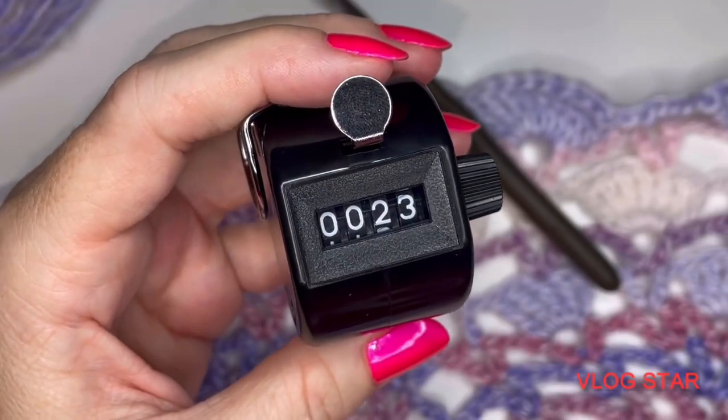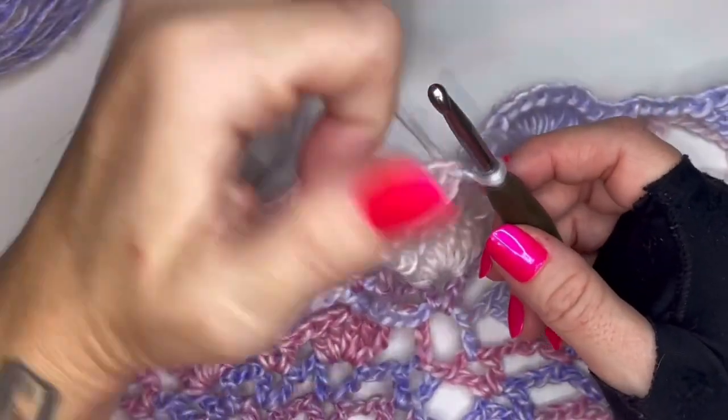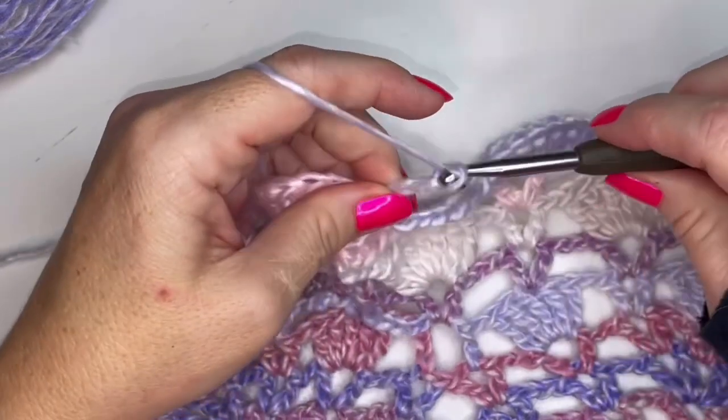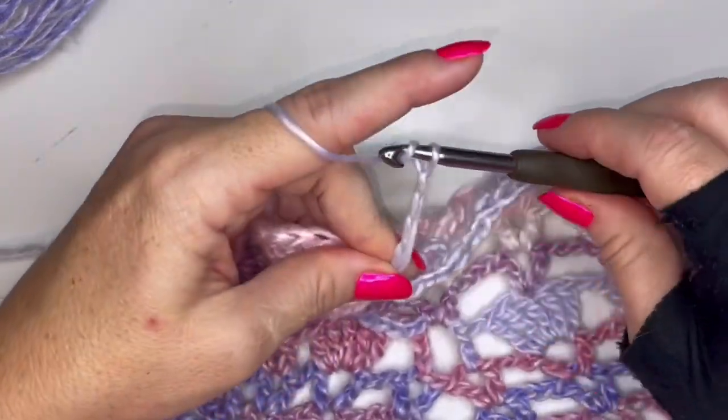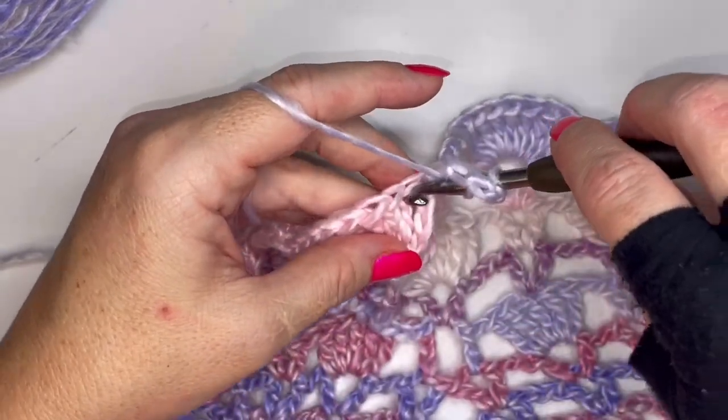All right, welcome back for part 4. We're going to get started with round 23. What I'm going to have you do is chain up 5, and this is going to serve as a treble, chain 1. Okay, now you're going to do a treble into the next treble,